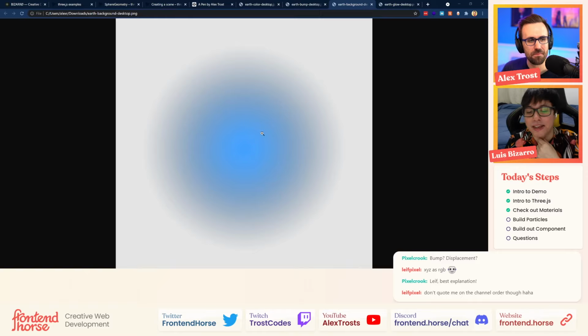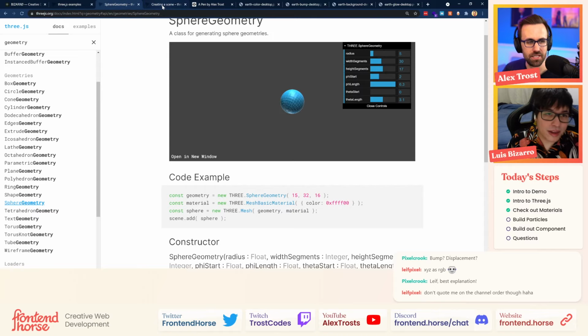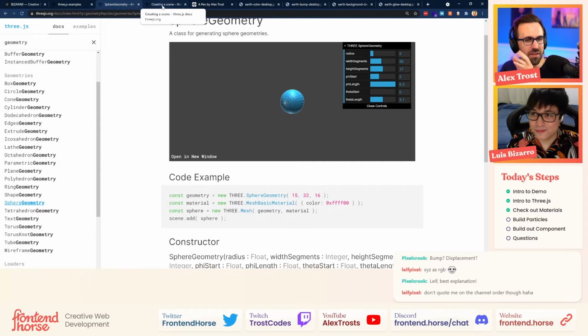I think we can start applying them to the sphere, and we can also go back to the Three.js examples. Chat is coming in saying, first off, Sam, good to see you. Samuel Horns here says bump and displacement. I think the normal map is for displacement, but I forget the terminology.